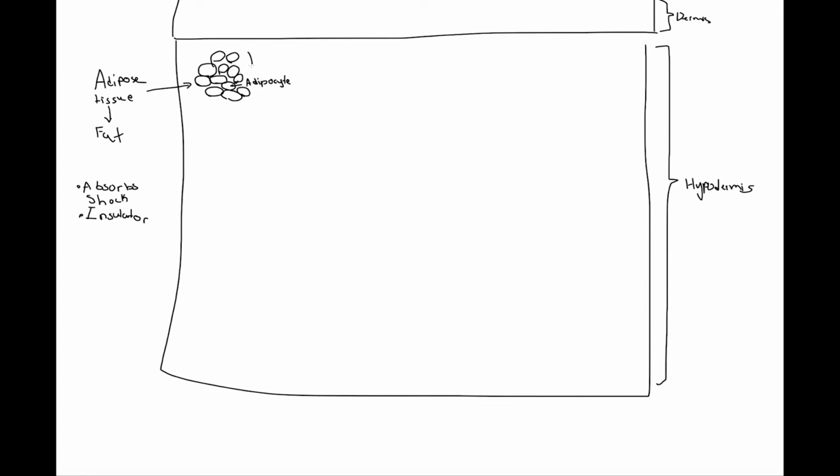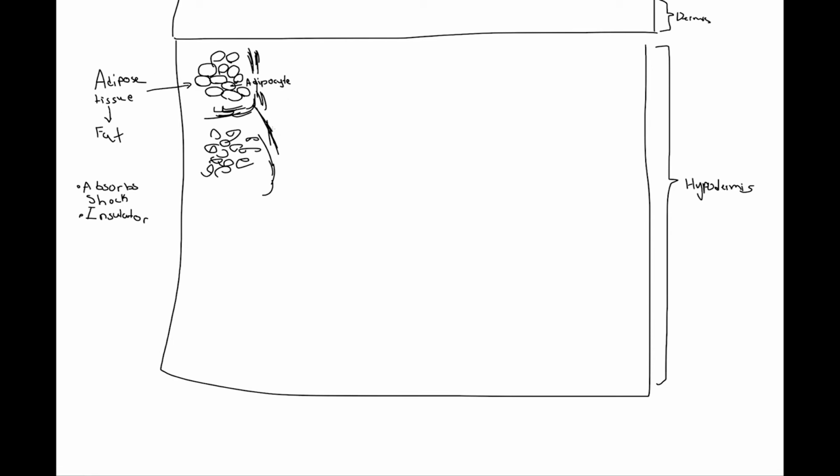And then there would be connective tissue between every single lobule. So then there would be like another lobule over here. You can imagine. And then there would be more connective tissue, and there would be lobules all throughout the hypodermis,